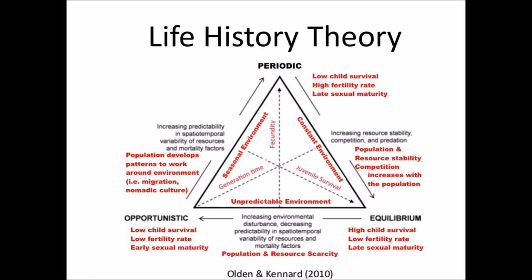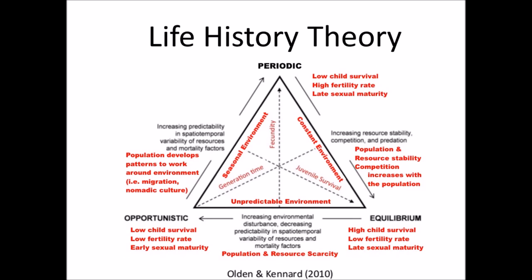The red text is mine. It's been added based on what I've read about life history theory, but I've taken as few liberties as possible. Some of the language used in the original text is very scholarly, so I've tried to break down what they're saying into plain English for the average layman. So that's what the red text is. It's to explain, in as little space as possible and as simply as possible, what life history theory is all about. So just starting at opportunistic.